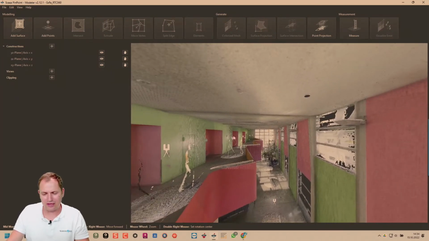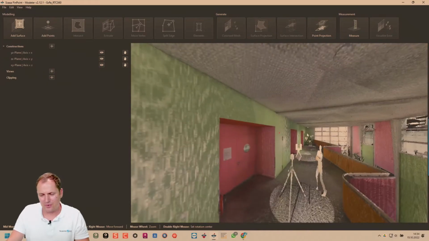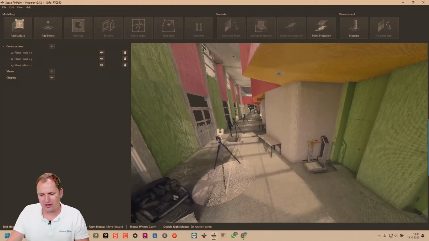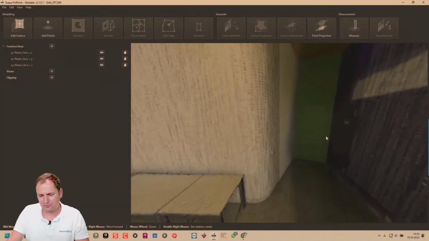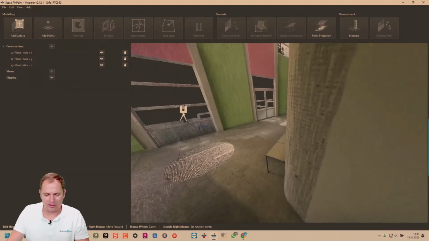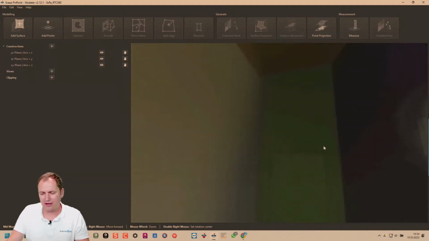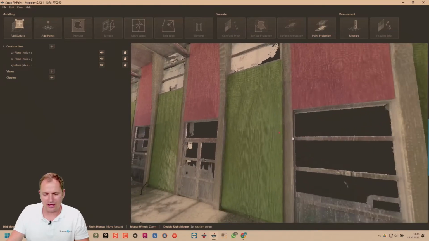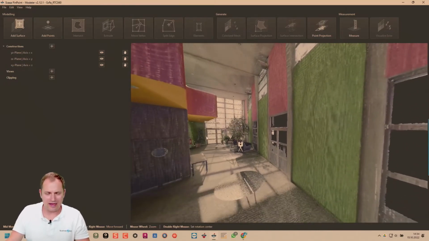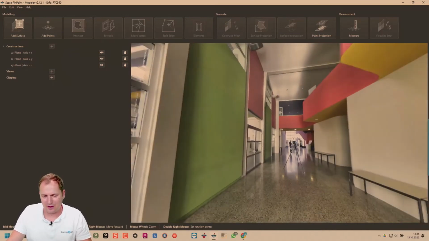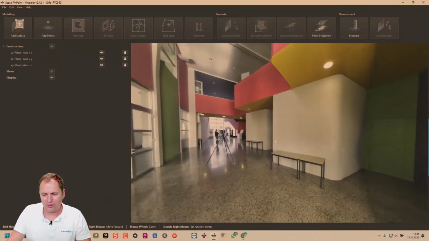For example, if you don't like to use the scan position, you just click here and then here and here and here. So you can go everywhere without clicking any scan position. Or if you go into an area where you didn't have a scan very close, it's maybe a little bit too far away, you can just go in with a click on the surface. If you like to go back to the scan, again spacebar, bringing you to the next closest scan.